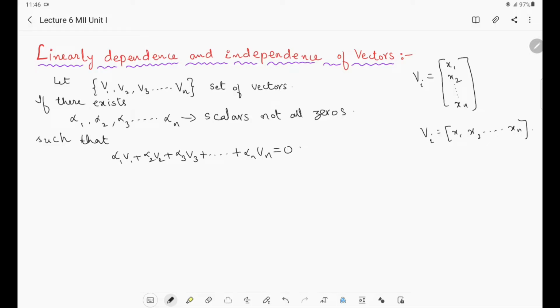If I am able to write like this with a few non-zero scalars, this is called the linear combination of these vectors with these scalars. If I am able to find scalars, not all zeros, such that this linear combination equals 0, then